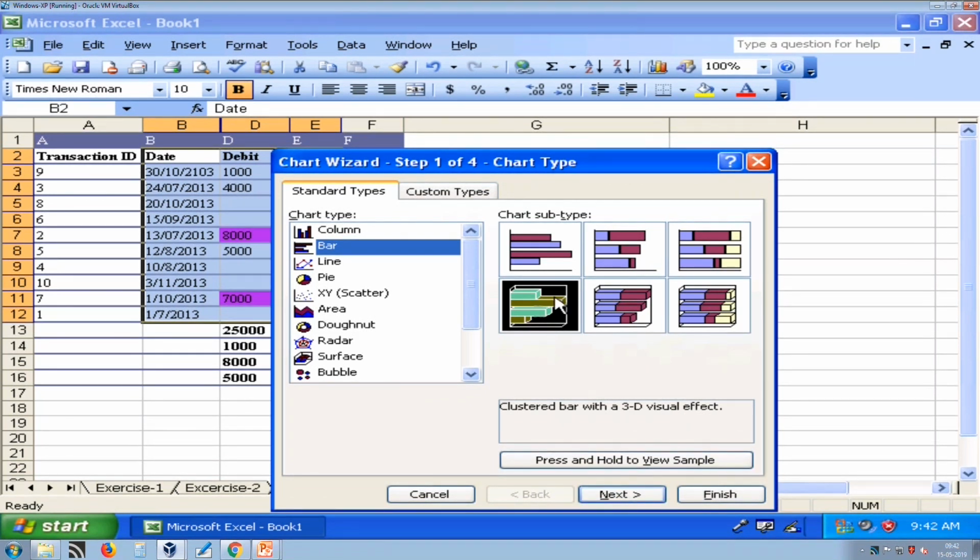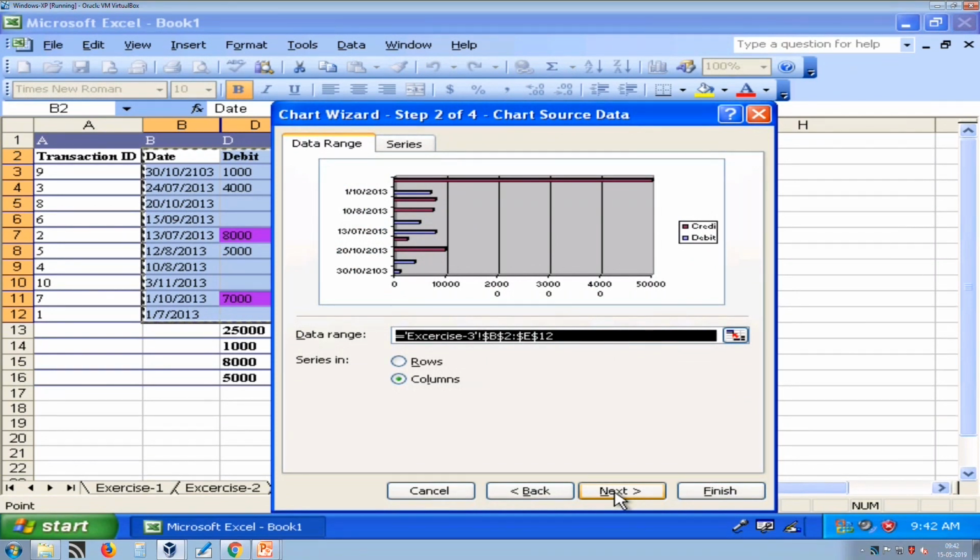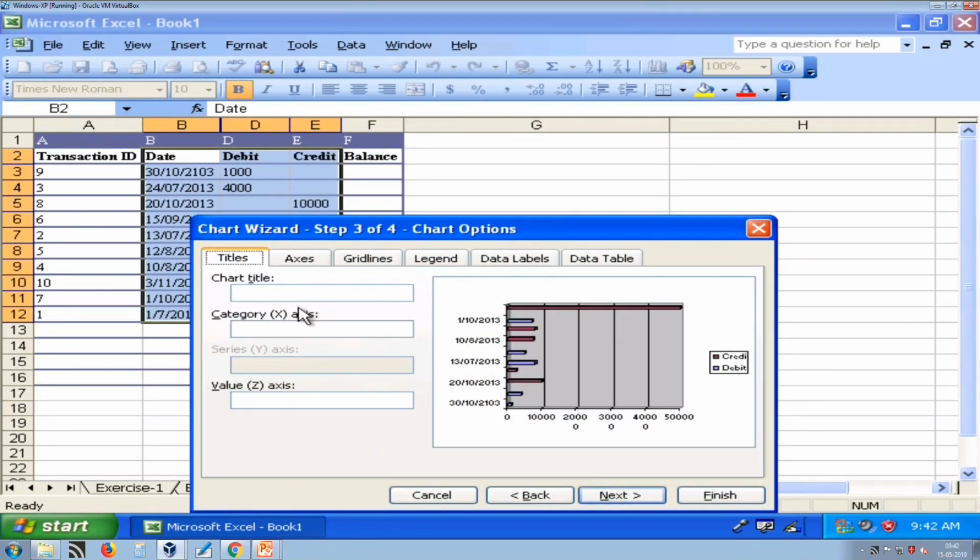So, select the type of chart that you want to display and press next. Here our chart title is income expense chart.